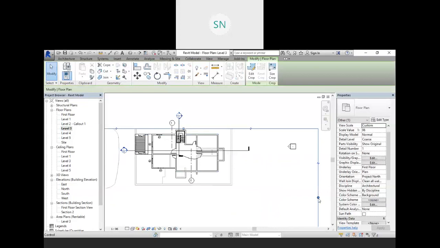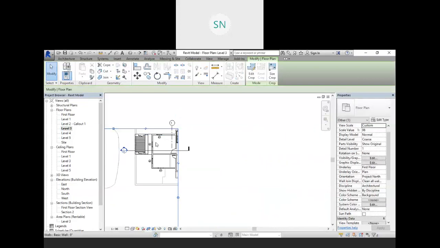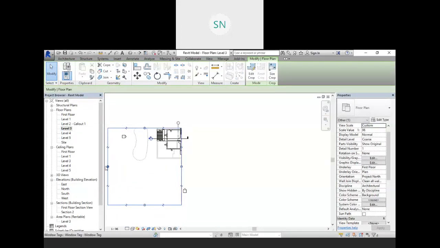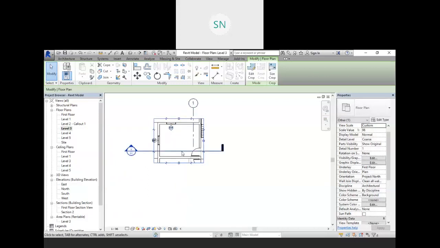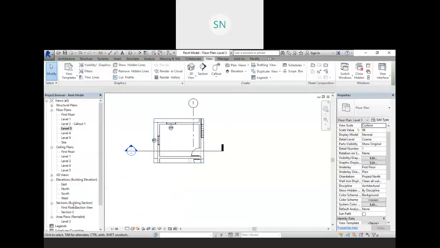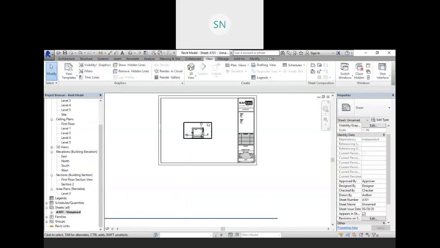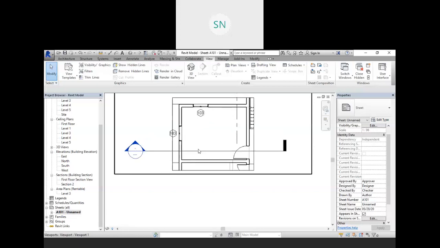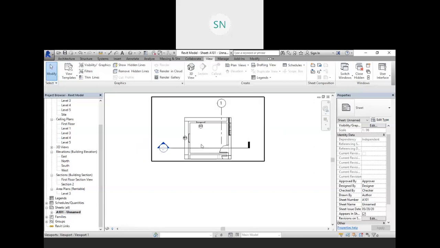For example, I just want to place a drawing for this room only, right? That's my requirement. So if I choose only this much, only this much thing is visible in my drawing. Go to this and see, we have only that room, nothing else.